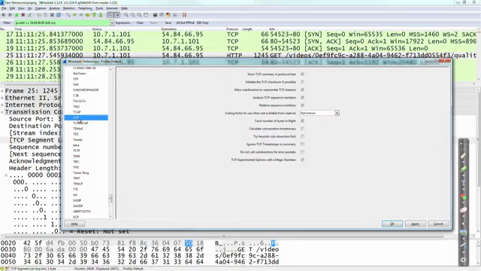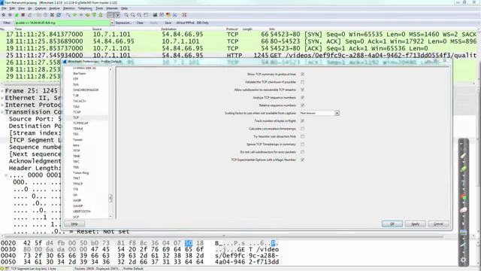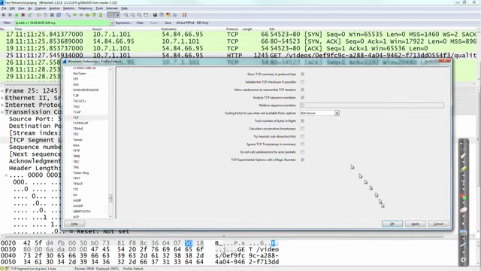Here it is, TCP. And I don't know if you can see this well in the video or not, but there's a field right here called Relative Sequence Numbers. It's the 5th field down, and right now it's checked. So if I uncheck that, and then hit Apply and OK,